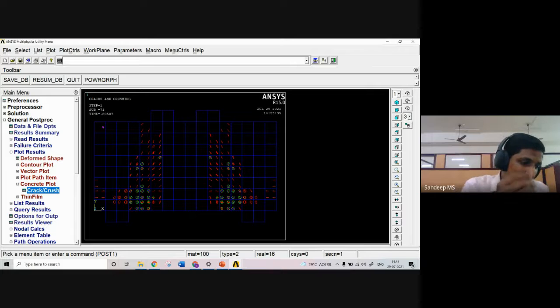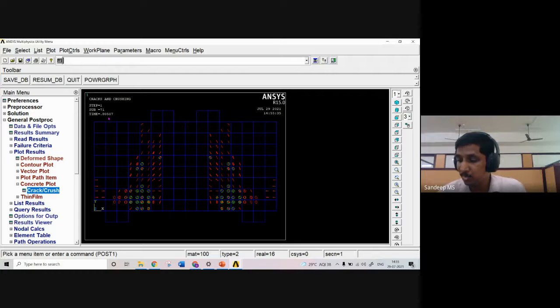And the load value, if you want to know how much load we have taken, suppose you want to calculate that, what you have to do is that the maximum time reached is 0.8057 into the total applied load, that was 600 kilonewtons. So now it has taken around 483 kilonewtons.